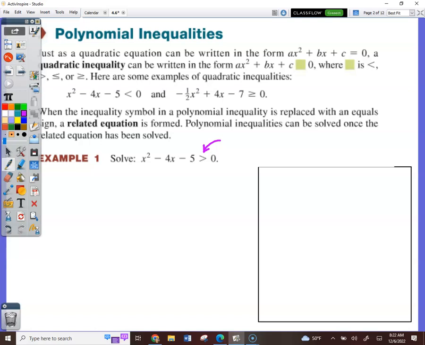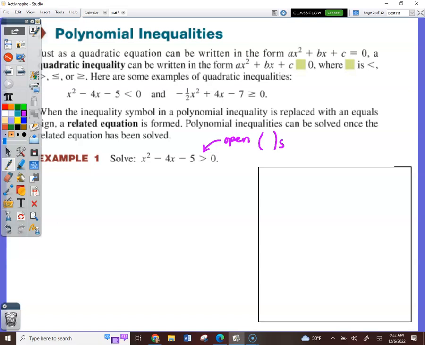So make sure to make a note that this means open because there's no line underneath or equal to. So when we go and write our final answer, we're going to use parentheses. So watch out for that because you can have the right answer, but if you use the wrong type of enclosure, it's going to mark it wrong. So that makes a difference. So I always, when I'm starting this, I make a note, open, and then I make a note as to what I need to remember at the end. That's a good old-fashioned quadratic,